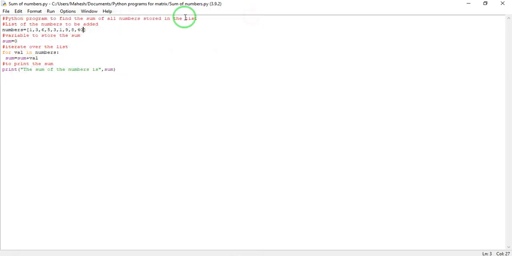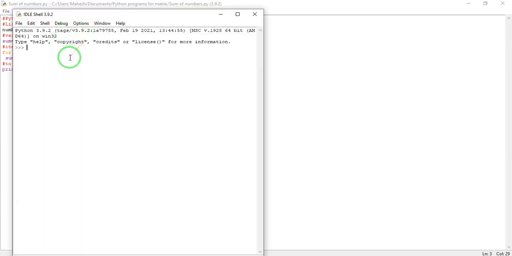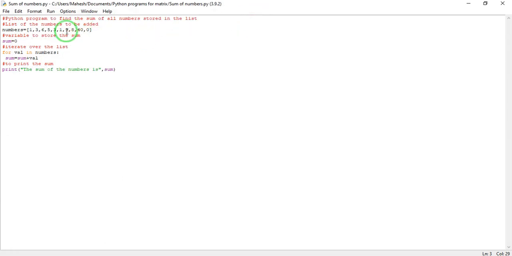Again, if you want, you can add a 0 to it. So even if you add 0 to it, it will not make any difference. So again let us run this. Here we go, again 76. Okay, 0 added. Let us use negative terms. So rather than 40, let us make this as negative 40.